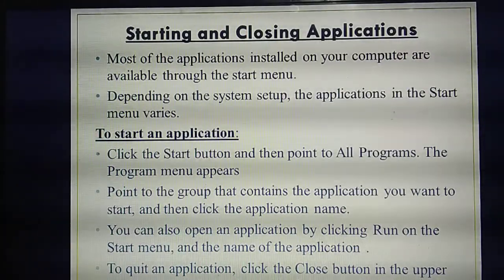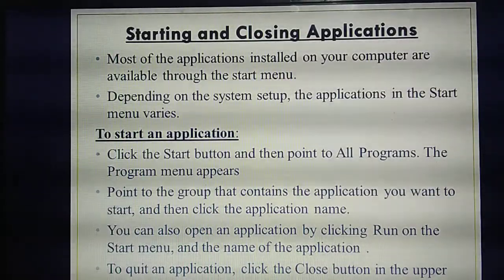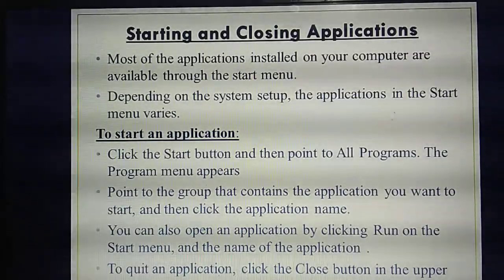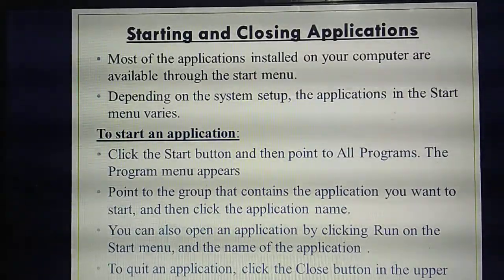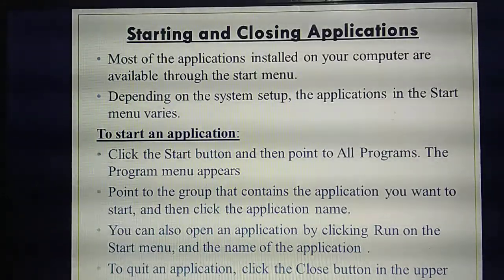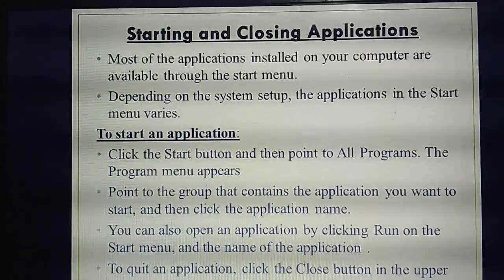Likewise, a lot of applications are installed in your computer also. For example, Word file, PPT, VLC media player, PDF, Chrome, etc.